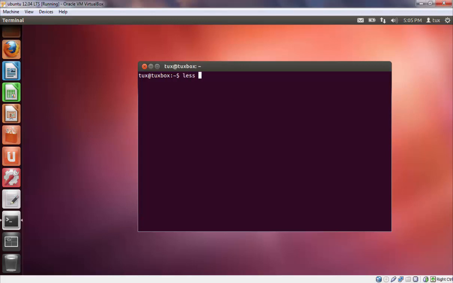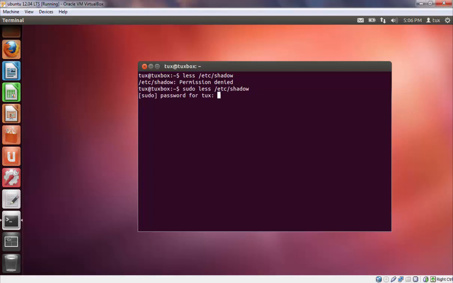For example, and I'm not going to go into the detail of how those tools work, I'm just trying to illustrate a point here where we do not have access as a regular user to a file, but we are going to bypass that with sudo. So for example, if I try to list the passwords of my system, permission denied, of course. If I use sudo,